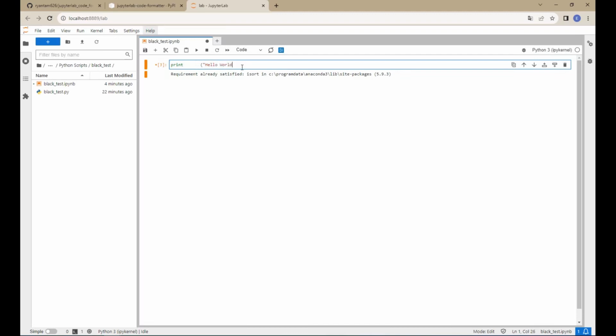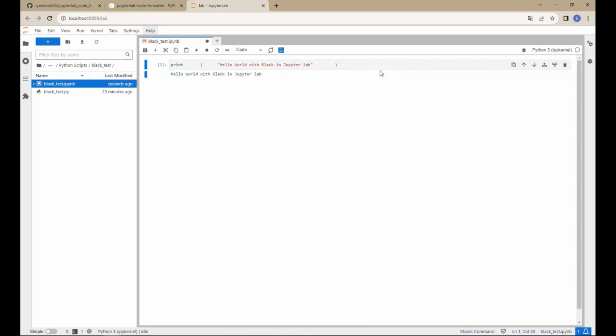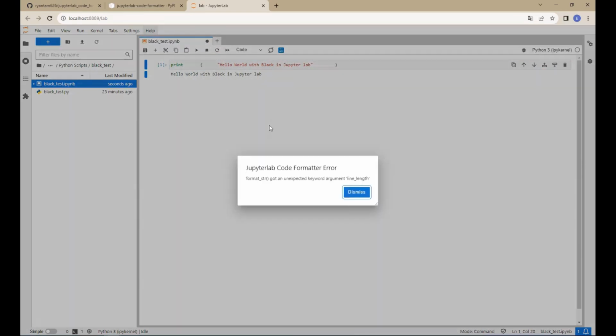Hello world with Black in Jupyter Lab. And let's also put some spaces here and here. So this works like it's supposed to, and if I click here,